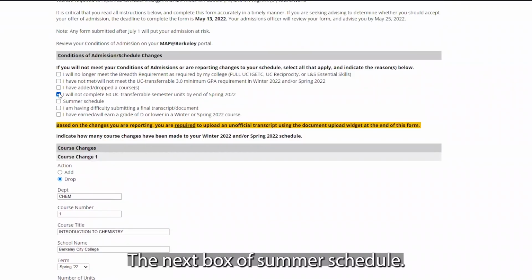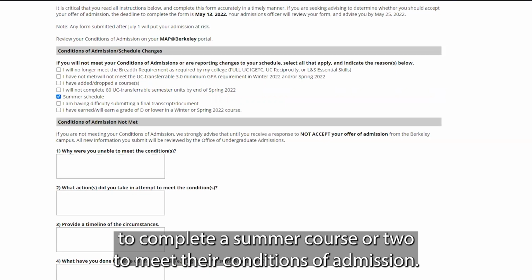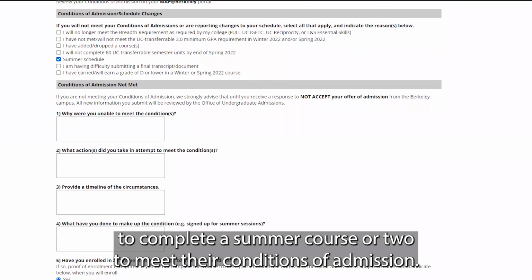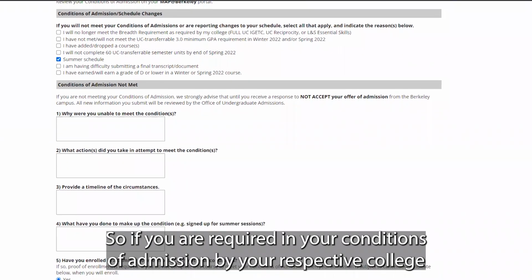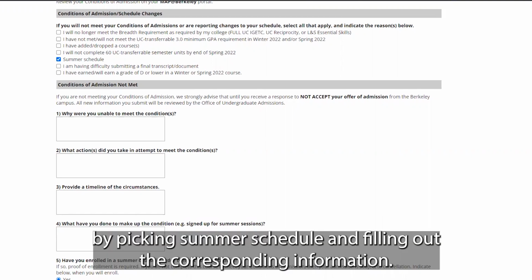The next box is summer schedule. So sometimes students are required by their respective college to complete a summer course or two to meet their conditions of admission. So if you are required in your conditions of admission by your respective college at Berkeley to enroll in summer courses, you can let us know that you've enrolled in that course by picking summer schedule and filling